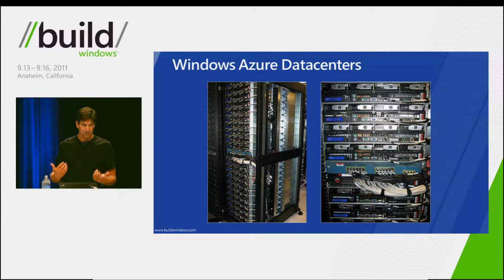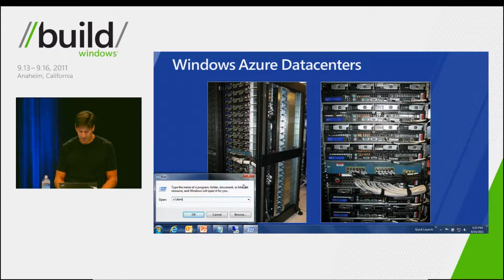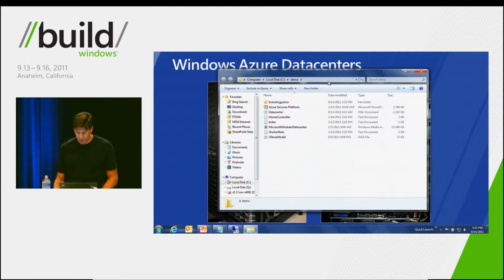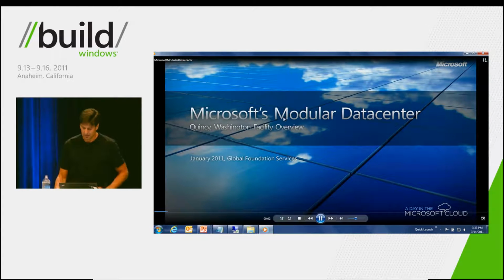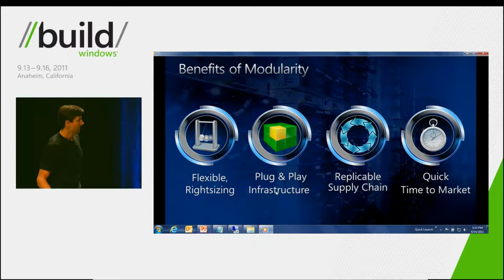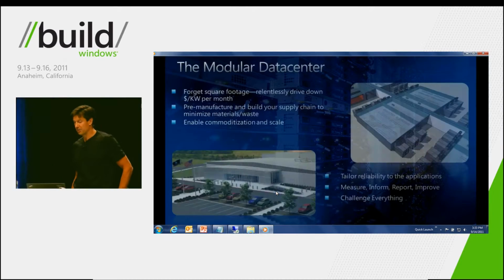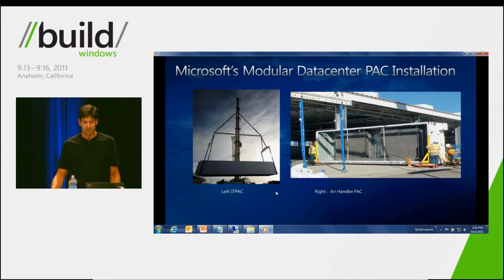Now this is actually a picture of one of our data centers. This is an older data center, standard racks with servers in them. And we've got these new data centers that are coming online, which we've got videos posted on the web that show you a little bit about what these new data centers look like. There's no sound to this, so I'm just going to be showing. This is a Quincy, Washington data center that just went online earlier this year. And the goals of this architecture is that it makes it really easy to put these things together and to scale the data center easily. So we've got these containers,